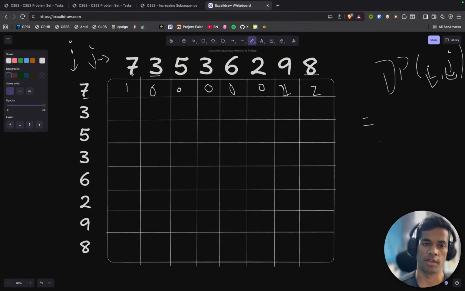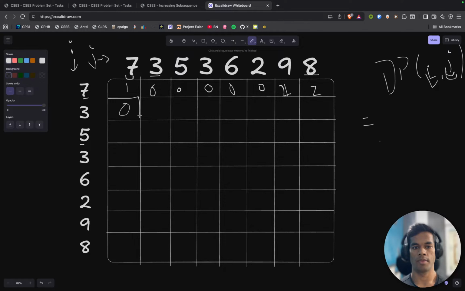Can I pair up this 7 and 3? Nope, these are going to be literally symmetrical, these things. So 0, 0, 0, 7, 0. 7 cannot be the last number, right? Because